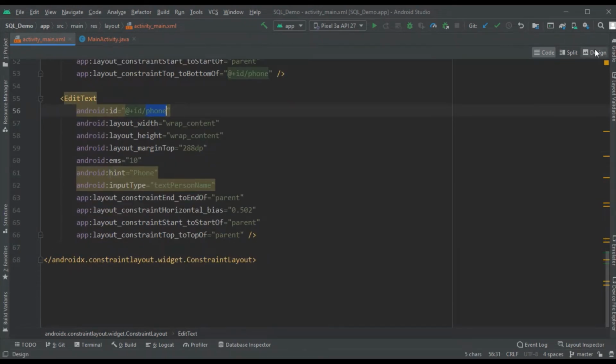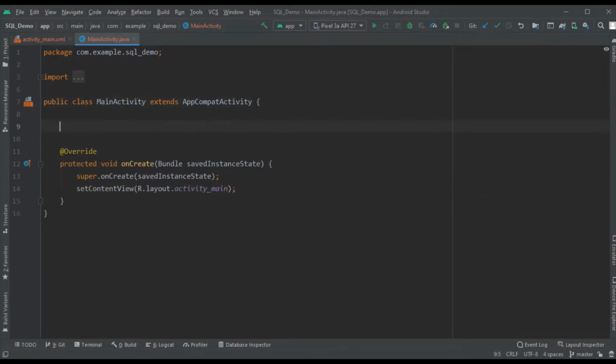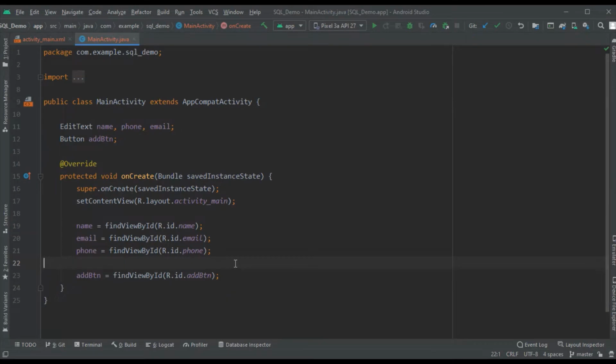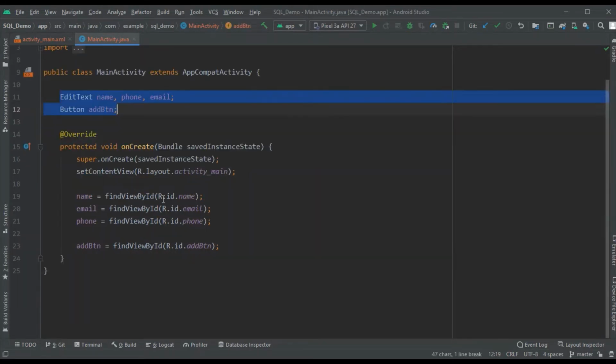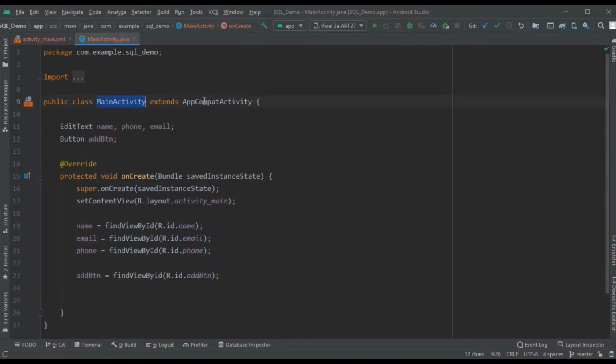Okay, so now let's go to the main activity. So here I'll create their instances. I have created their references and I have assigned them to these variables using findViewById. So this is the ID which I have given over there for the button and these text fields. Okay, so after doing this much, now we need to create a class which will help us to